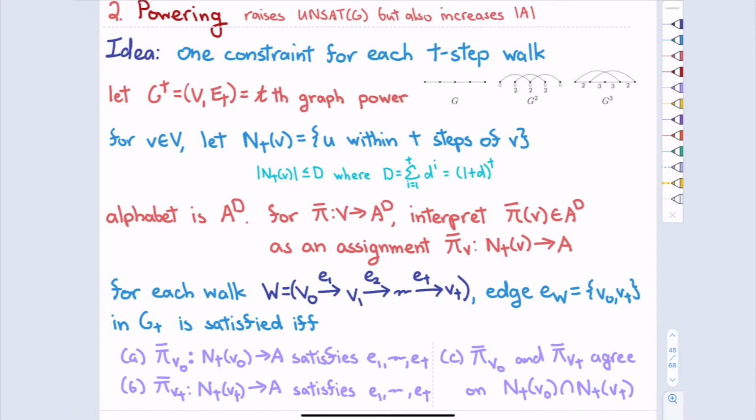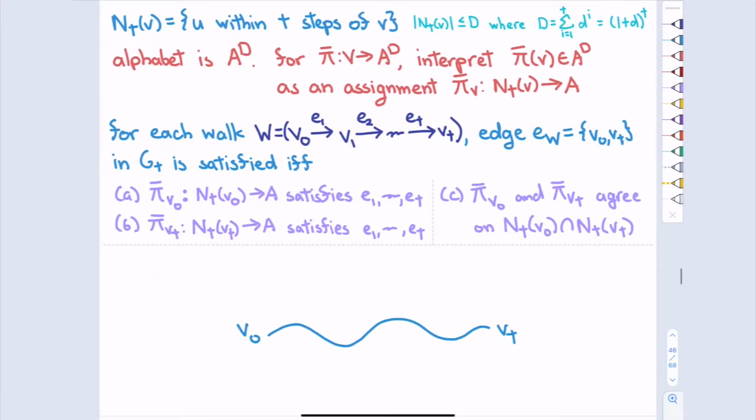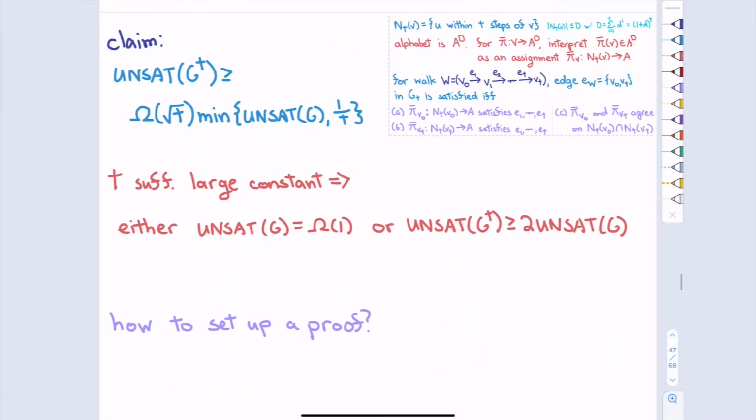We hope to show in the analysis it's going to behave like an independent sample of t constraints, and that will give some amplification. The cost we paid was the alphabet size going up exponentially in D. I think that roughly gets us caught up to where we left off at the end of class. I drew a picture, but it's not very useful. Here's now what we're going to try to show.